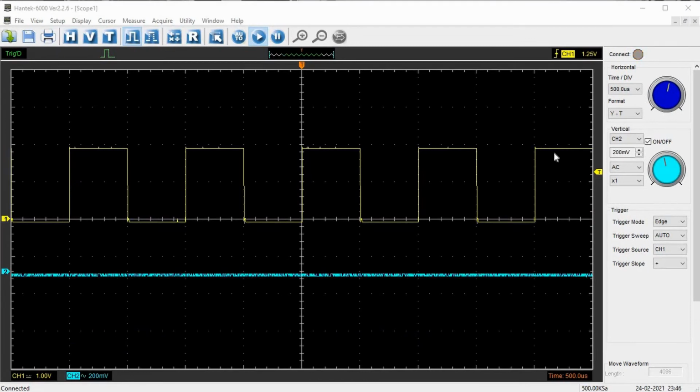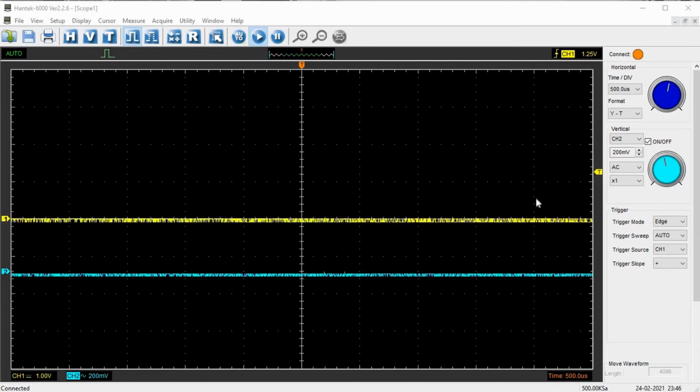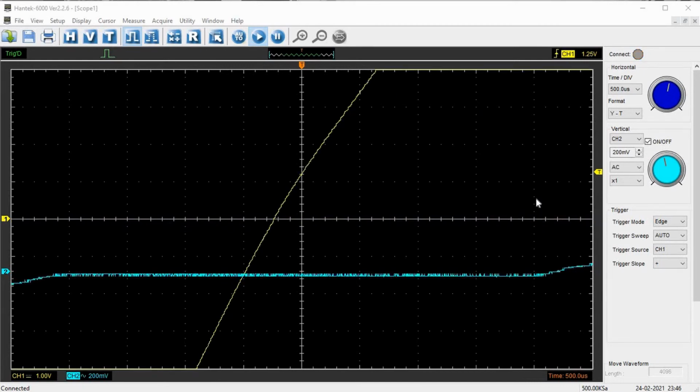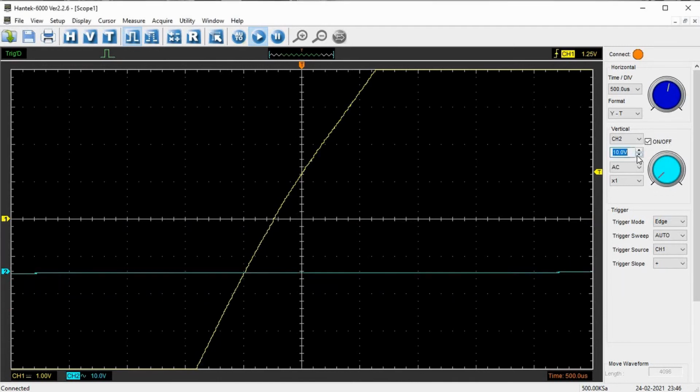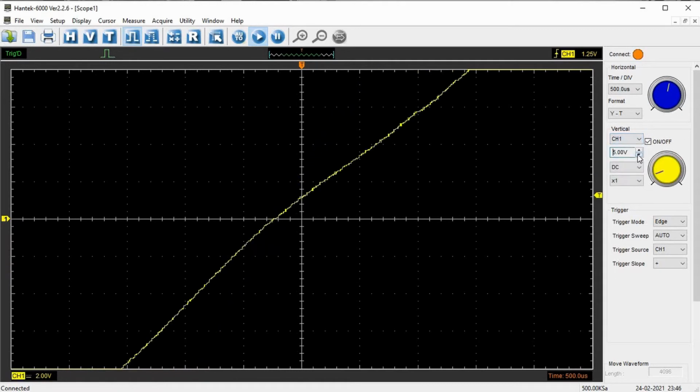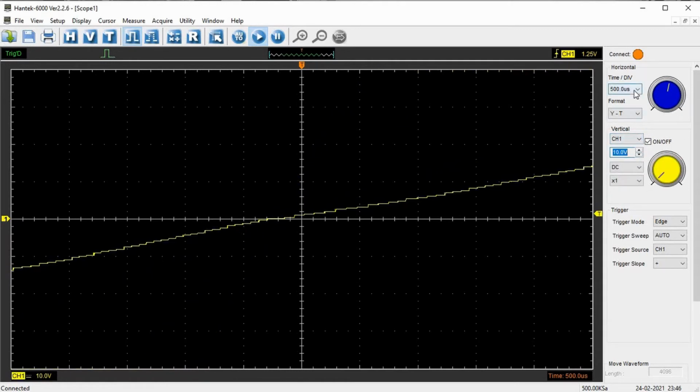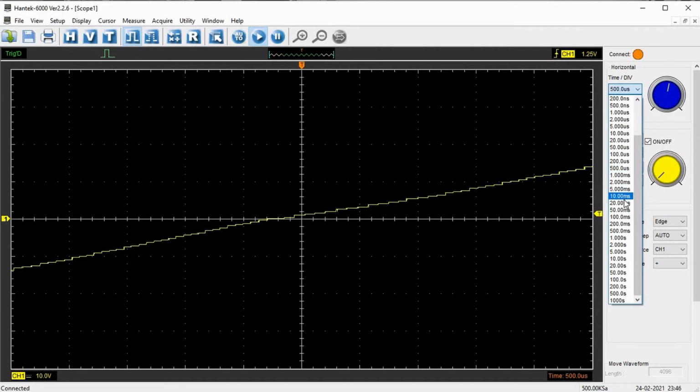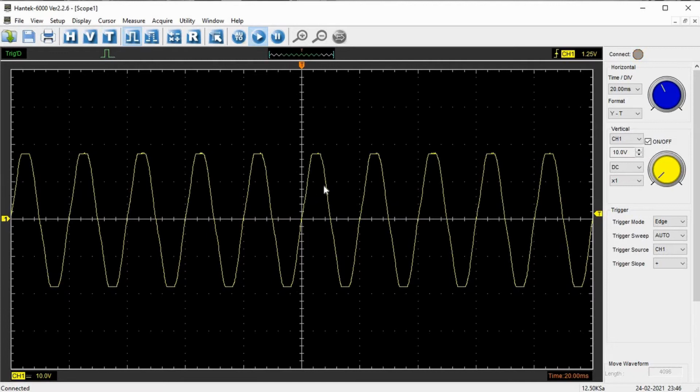So before I talk about triggers, let me connect it to a transformer and see how to measure the sinusoidal voltage, and the trigger point is easier to explain with a transformer also. So now let me adjust the voltage scale of channel 1, 10 volts. So here what happened, the frequency is 50 hertz. So 20 milliseconds will give one full waveform.